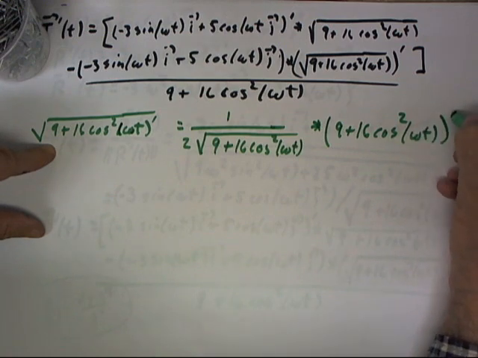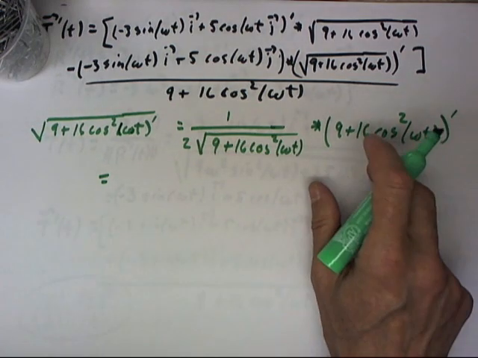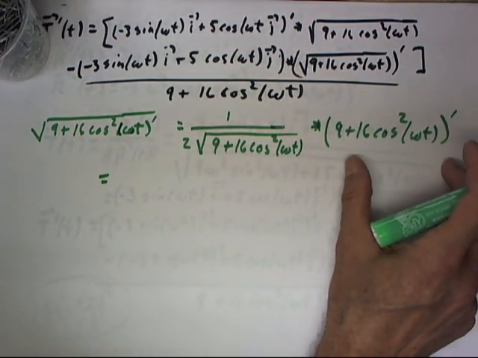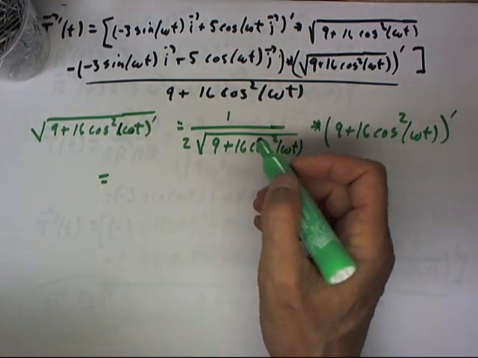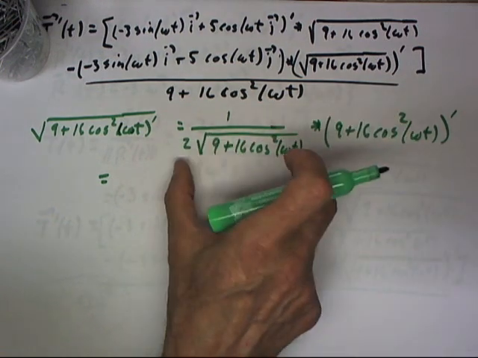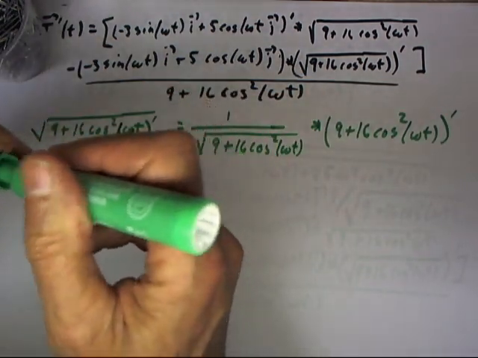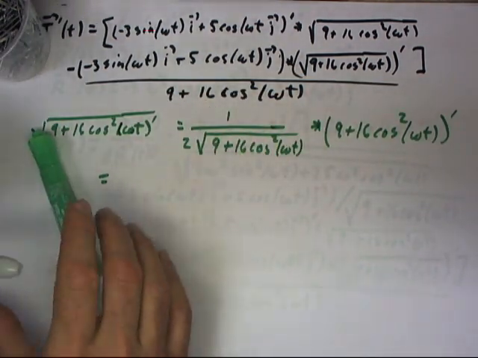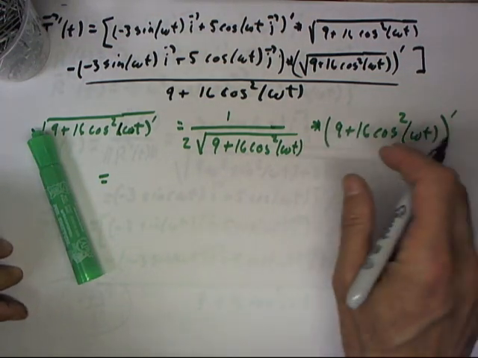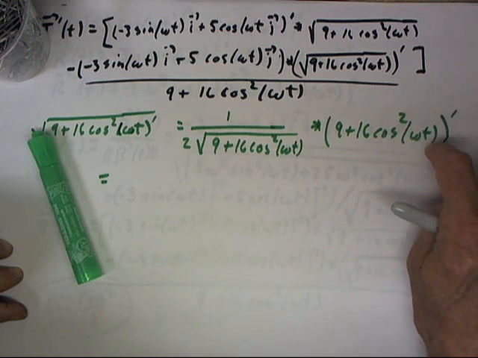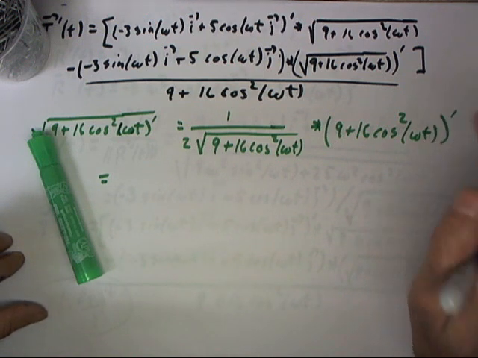t prime. Now, I'm seeing a lot of indications from people who've had a year of calculus that this might be kind of mysterious. Even after a year of calculus, please review if necessary. Okay, now this expression is locked in. We just have to take the derivative of this. Well, let's digress a step further and just write down off to the side here someplace that the derivative of this, well, 9 is a constant, so really we've just got to take the derivative of the cosine squared of omega t, and the derivative of the cosine squared is